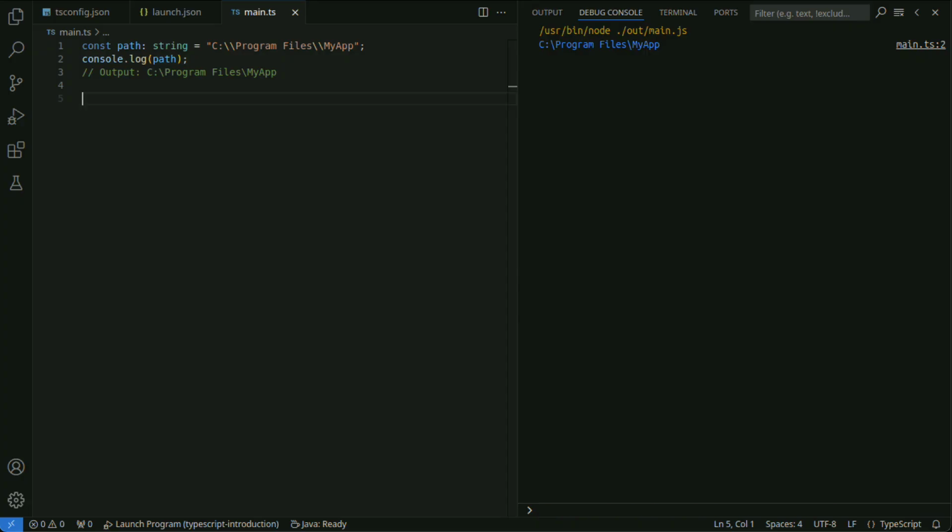In TypeScript, Unicode code points can be represented using escape sequences. You can represent Unicode characters by specifying a 4-digit hexadecimal number after \u.